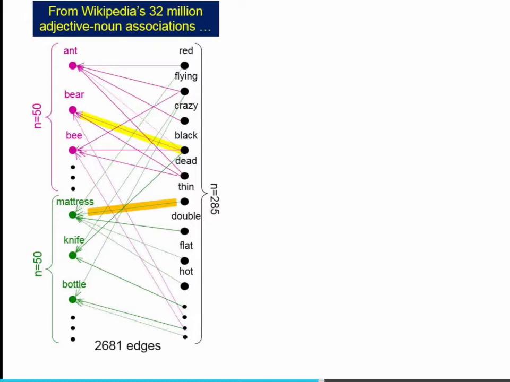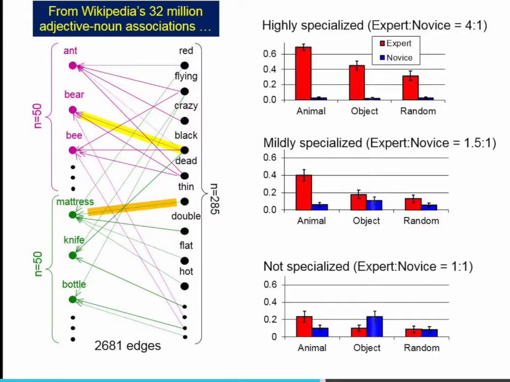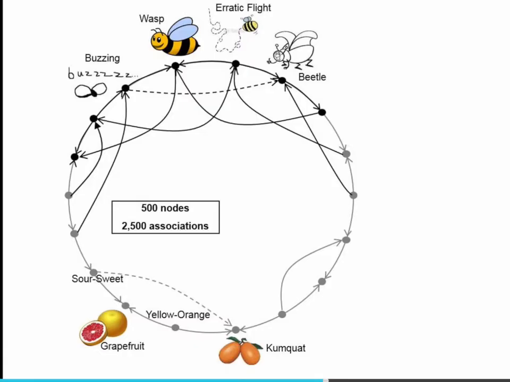And then we asked, can you learn more associations just by looking at pairings of names? And lo and behold, the more specialized the network is, the more clear the result is. Basically, the experts in animals learn animal things much better. The experts in objects learn object things a lot better. Okay, and this is basically confirming what, in a way, our theory predicted, that we built the network that way. And this is all based on these hideous